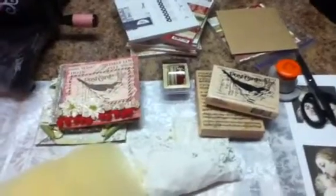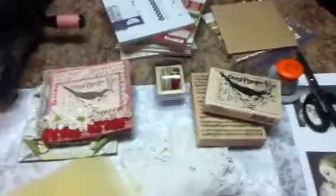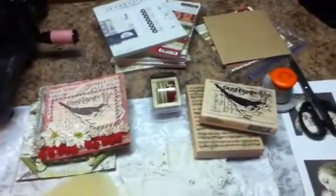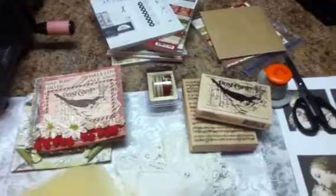I have actually been able to do a little bit of crafting the last couple of days. However, now my crafting will have to come to a halt because I have family coming in unexpectedly